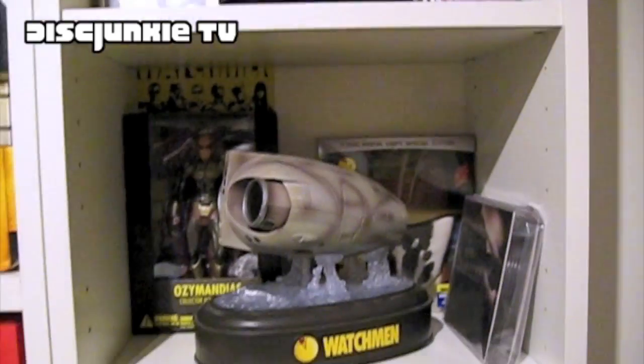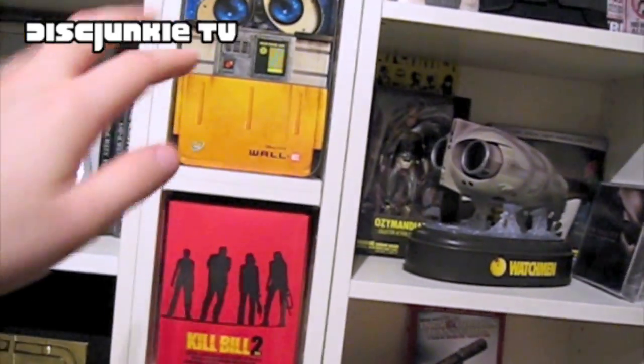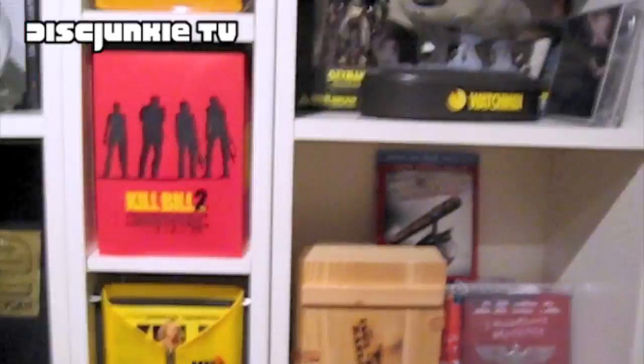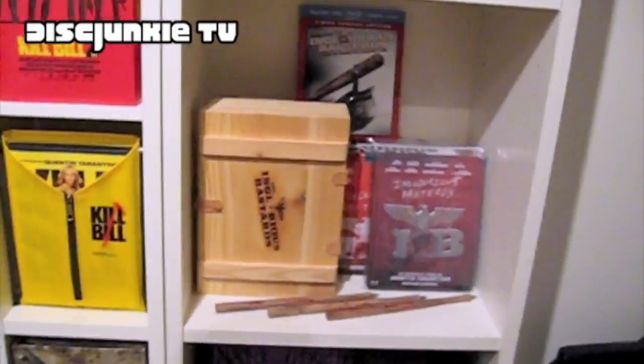And then I've put some Watchmen stuff here, and we all got Wall-E. I mean, it's a bit sci-fi, not really sci-fi, but still sci-fi. Then we get to sort of where the line goes. So now we're switching over from sci-fi to whatever, and it ended up being a